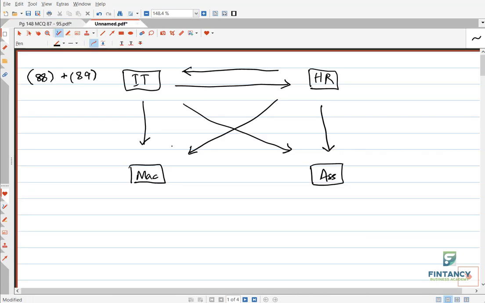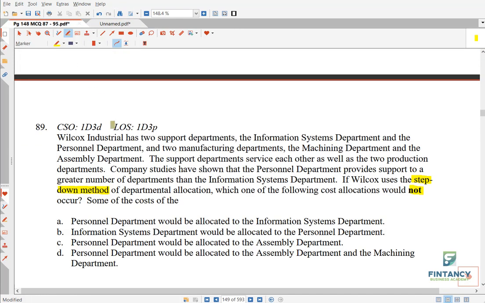By the way, you have to do this in the exam. Don't think in your mind only. Some people don't like to make some effort. They just create everything in their brain. They consider themselves very intelligent and they will make a mistake. So better you write like this. Quickly make a diagram like this and then answer. Don't take risk, my friends. Okay.